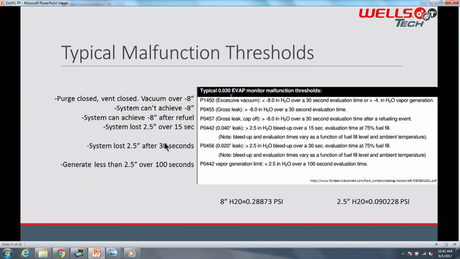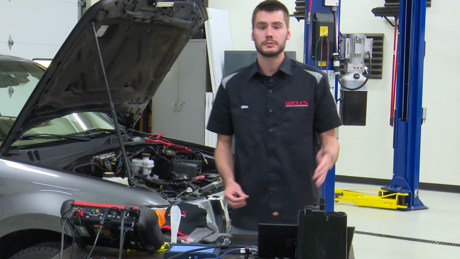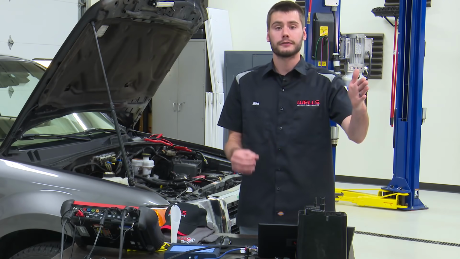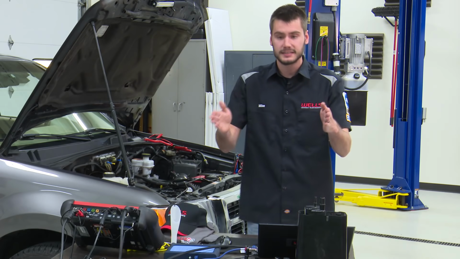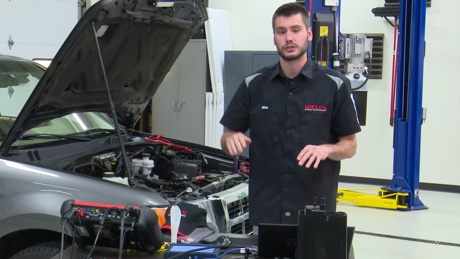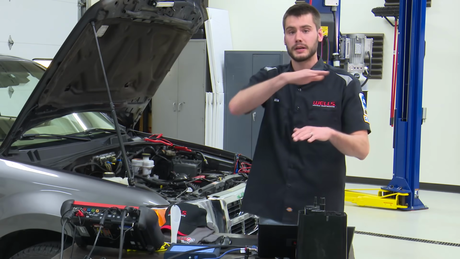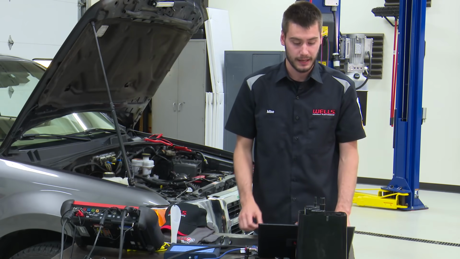Then if we get into our leak spec, greater than a 2.5 inch of water bleed up over 15 seconds. So if we have a 40,000th leak, a P0442, we've now drawn the system down. Our front door was open, our purge was open, drew the system down to that 8 inches of water, shut the front door, back door was already shut. Now we're going to watch over 15 seconds of time. We're going to look for that 8 inches of water to increase by more than 2.5 inches of water. So if we'll call that threshold then, that would be what? 5.5 inches of water would be our threshold. If we cross that line in 15 seconds or less, we're going to set a P0442,